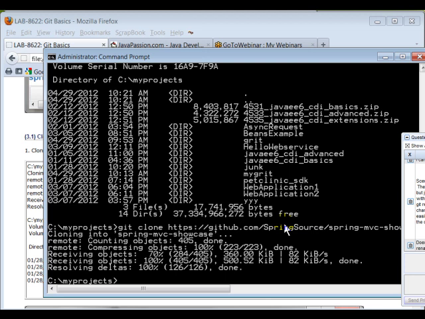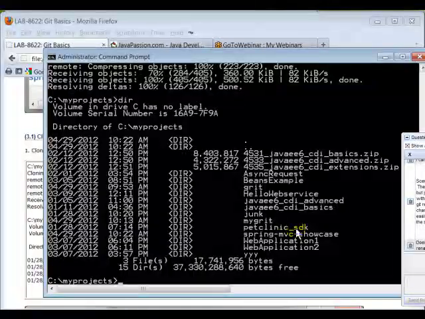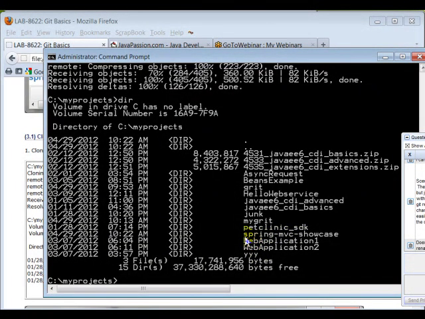Question from Yavor. Does Git remember operations such as file rename, relocation to other directory? Absolutely, yeah. So now we have the Spring MVC Showcase,